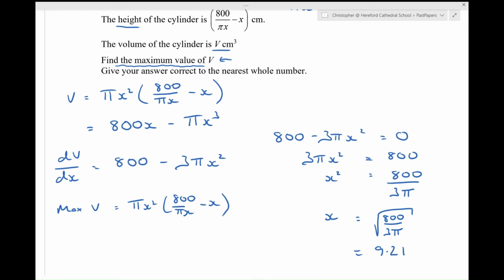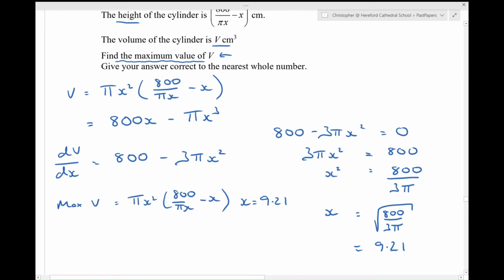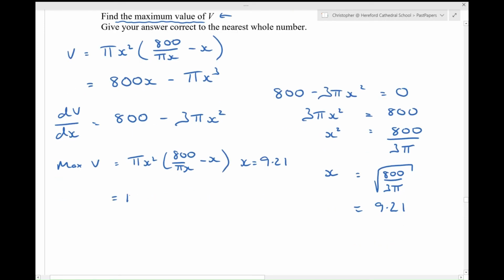It'll be the value of that expression when x is 9.21. So if I substitute x in here, I'm going to work out pi times 9.21 squared multiplied by 800 divided by pi times 9.21 minus 9.21. And I'm going to put that in my calculator and get the answer